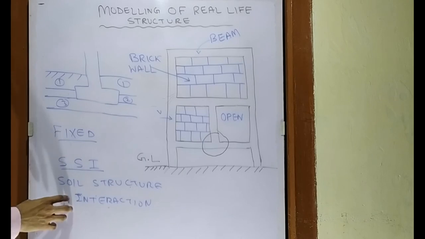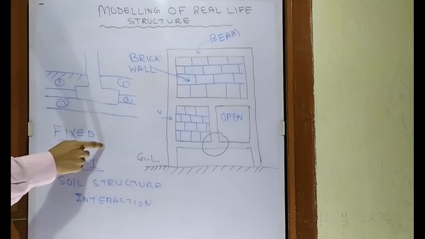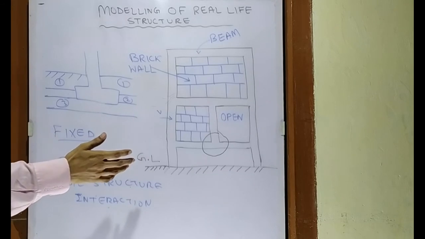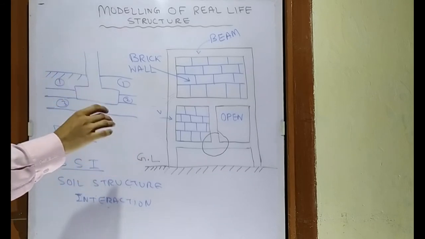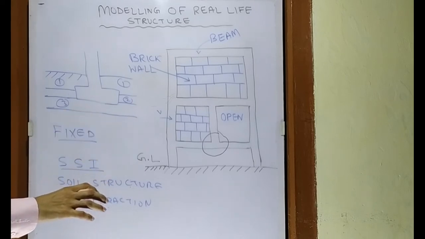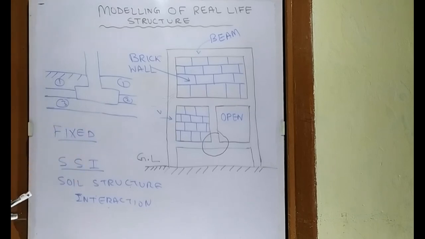This is another topic of research, and much research is going on right now on this topic. Now this is about support condition. We generally consider the support as fixed for a structure resting directly on the ground, whose columns are just constructed in the ground, as we can see here. So this type of condition we can model like a fixed support.